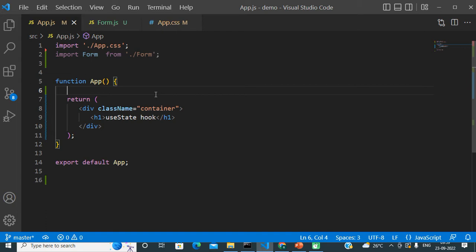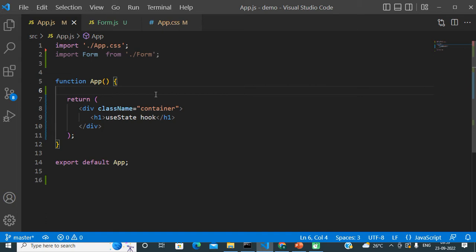Now, second question: what is actually a hook? Just for simple understanding, understand a hook as a normal inbuilt function. Consider that a hook is not any big deal. It is just a normal inbuilt function which is available in the React.js library, and we just have to call it. Every hook has a different purpose, which is why each hook has a different syntax and a different approach to use it.